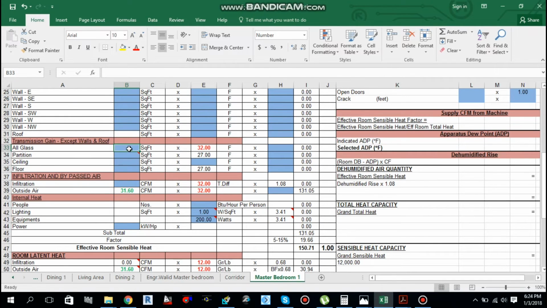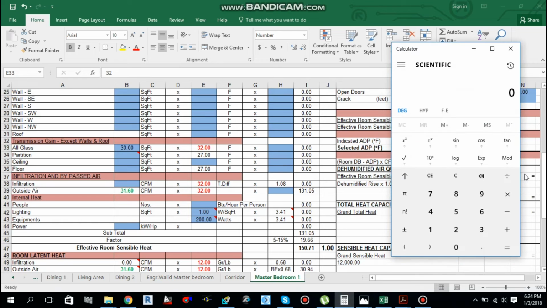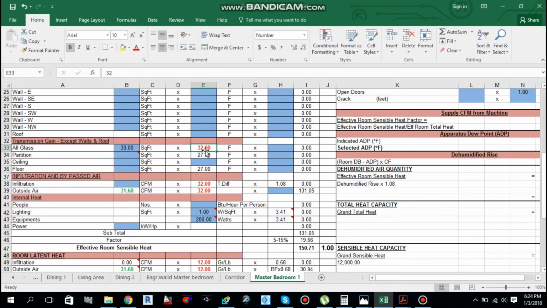For windows, this is the transmission load for the window glass. 30 square feet is the total area, and I told you for glass transmission it will be outside ambient temperature, that is 107, that's DBT outside, minus inside design temperature 75. For floor and partition it will be 5 degrees less than the outside, so we can use 27 degrees over here.